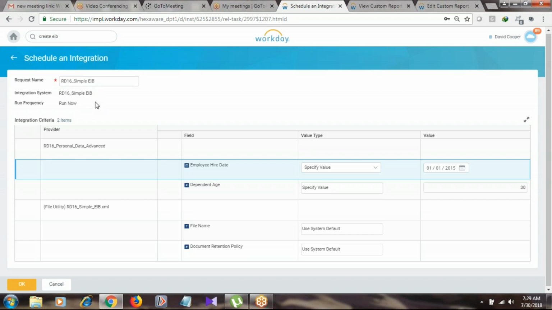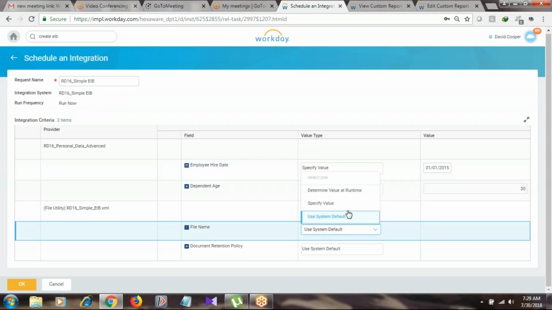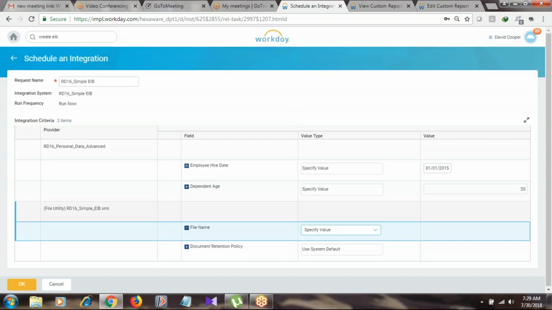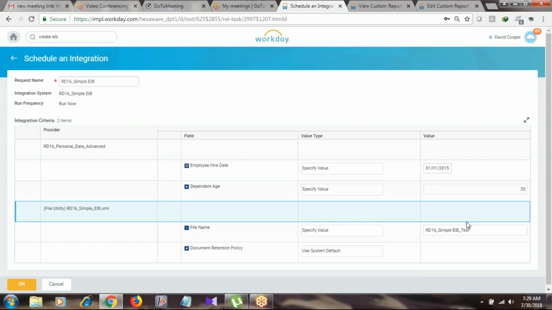If you want to choose a different file name, you can specify a value, or else use system defaults, which means whatever we configured it will take. If you want to override the file name, you can choose specify value and provide the file name here, something like test dot xml.